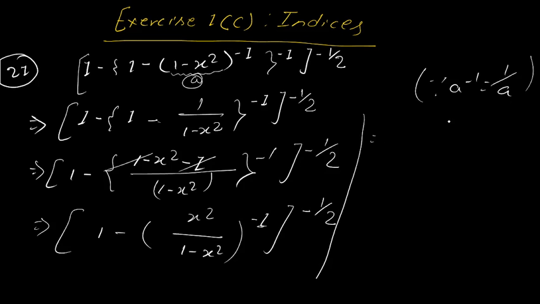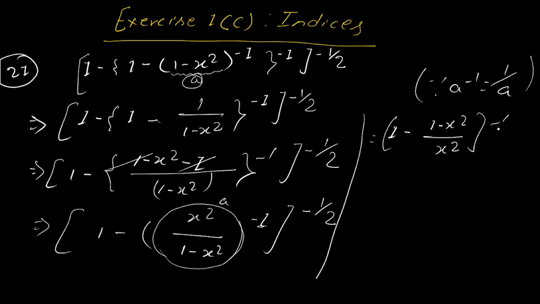Again we will apply same rule, a to the power minus 1 equal to 1 by a. So 1 minus, now if this is assumed as a, so a to the power minus 1, what will be there? 1 by, means ये पलटी मार देगा ऊपर से नीचे, नीचे से ऊपर. So 1 minus x square divided by what will be there, बच्चा? x square. Am I right? Right sir. And then whole to the power you have is minus 1 by 2. I told you it's very simple.